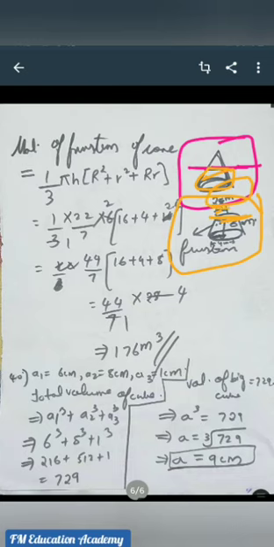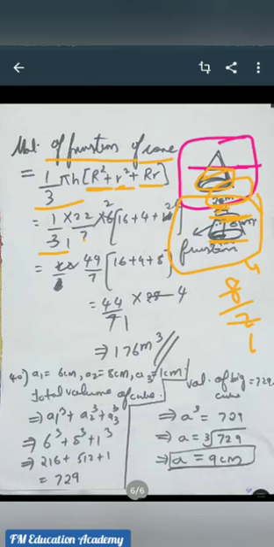And here it is telling that the total diameter of the lower base is 8. So what is the radius of the lower base? It is 4, because 8 by 2 is 4, since r is equal to d by 2, right? So remember the formula to find the volume of a frustum of a cone: 1 by 3 pi h into capital R square, that is the radius of the upper end, plus square of the radius of the lower end, plus capital R into small r. So that is equal to 1 by 3 into, substituting the value of pi, 22 by 7,